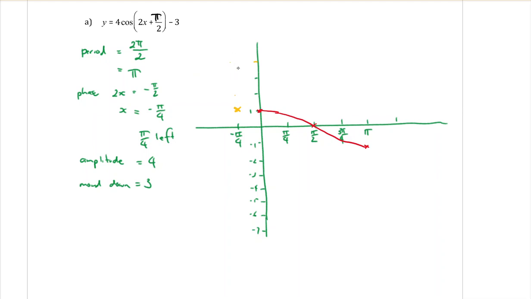Because I'm doing a different color for the new graph. The red graph is the original one. I'm moving it to the yellow. I'll do it for the second point. Let's go over to the,